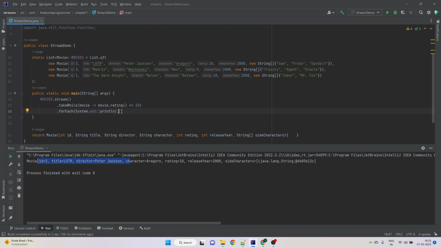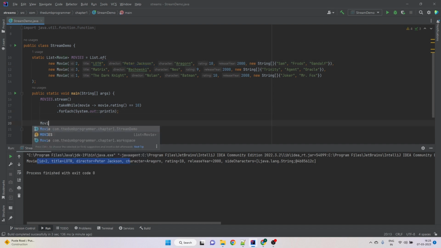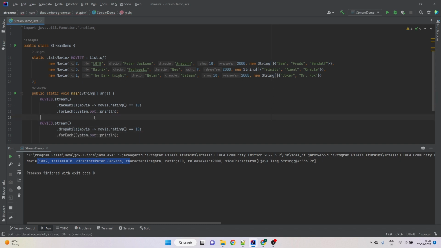Similarly, there is another method, dropWhile. So maybe we want to drop the elements while a certain condition is true, and then we want to start the consumption from something else. We can do the same thing with dropWhile. So we can say movies.stream.dropWhile and the same predicate, and forEach. And let's put a separator here. And this time if we run the code,